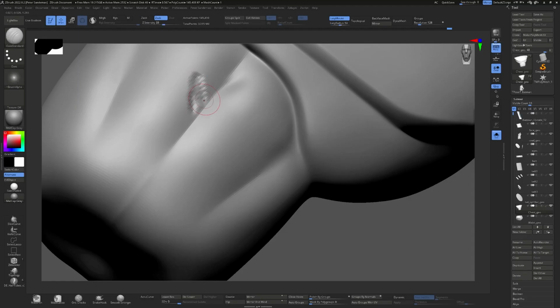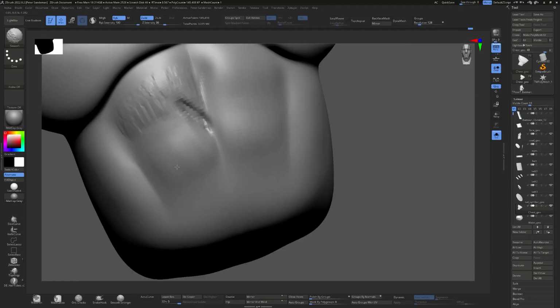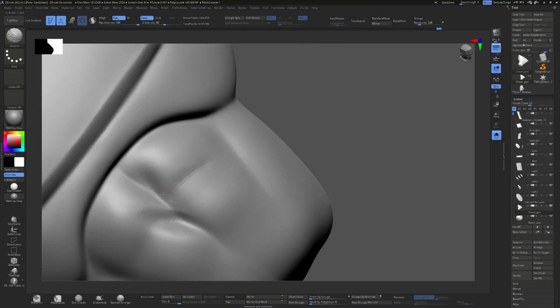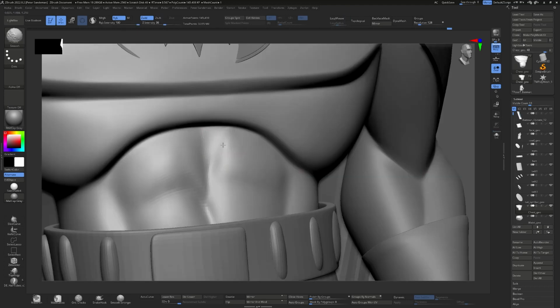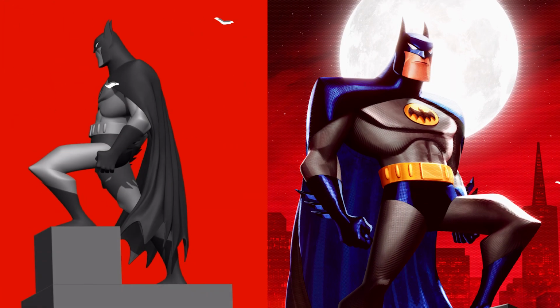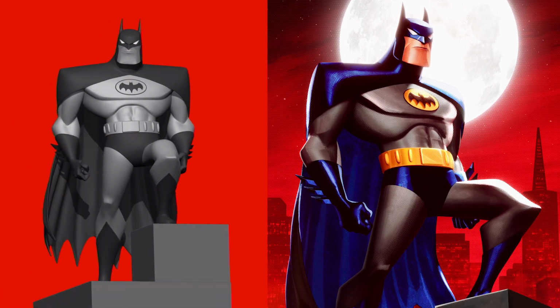Gun! Good times. Now hopefully you've been following along, doing your own Batman sculpt in the background, and now we're both ready to reveal our final. 3, 2, 1... Wow, what a lot of fun that was, and yours looks